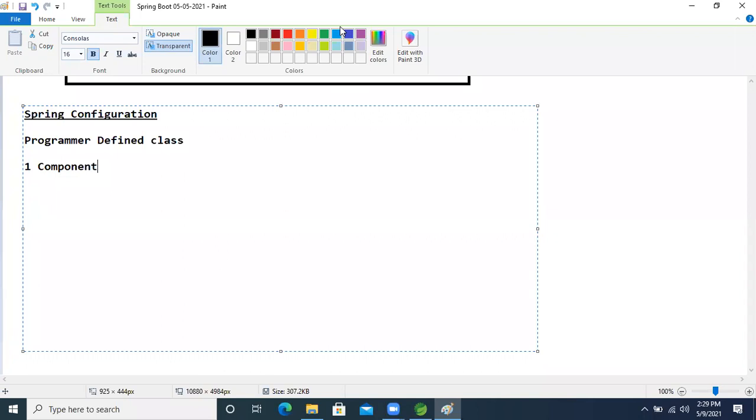We are just in the initial phase of our Spring Boot application, Spring Boot modules, right? Yesterday we started, and the introduction happened. Today we are starting the Spring Boot main concepts.